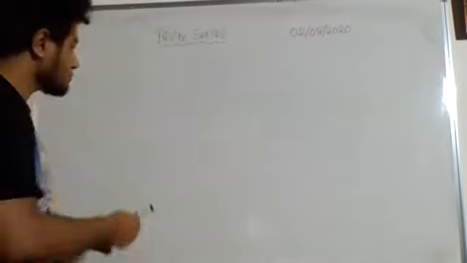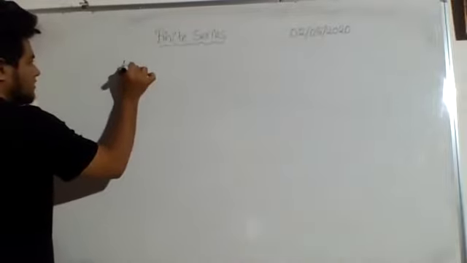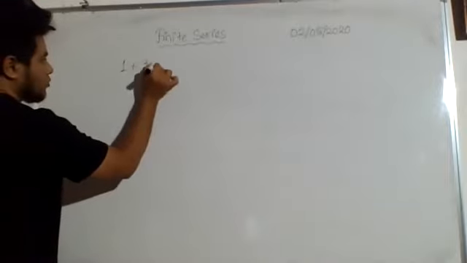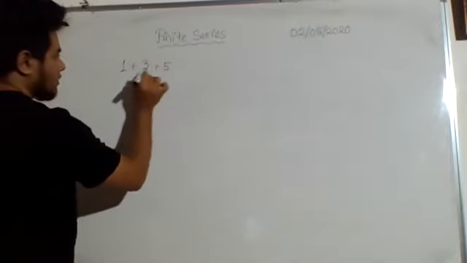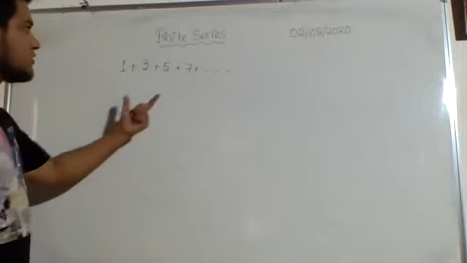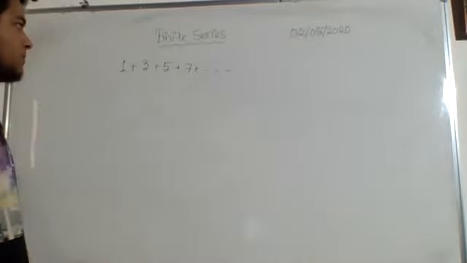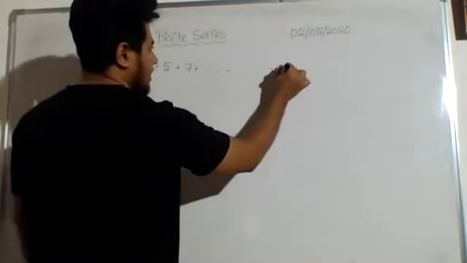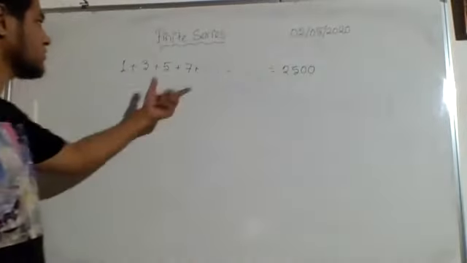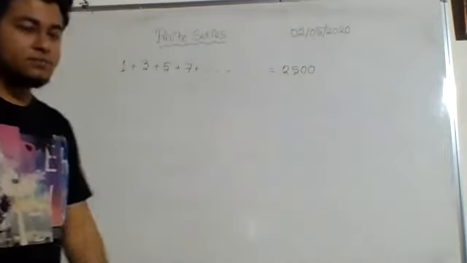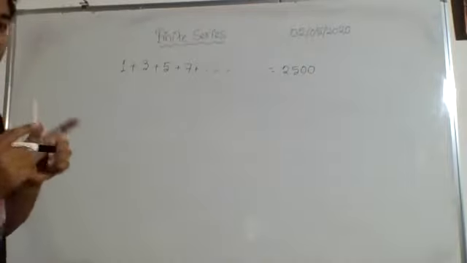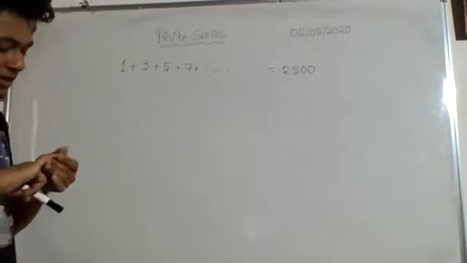Okay, fine. That means it will form a series like this. The first installment is 1, the second installment will be 2 more than that, the third installment will be 2 more than the second term. So this is the way the series is going to be, right? Now what we know is that however much he pays, it adds up to the total, and how much does he have to pay back in total? 2500 Taka. We know the summation value of this series. Now we do not know in how many installments it will end, meaning we do not know the value of n.